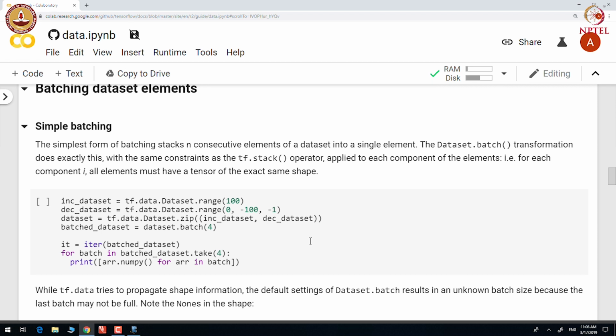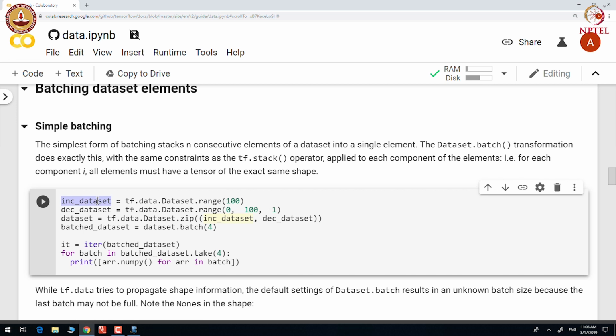Let us see a concrete example of batching. Here we construct two data sets. One is INC_dataset containing values from 0 to 100, and the other is DEC_dataset containing values from 0 to minus 100.